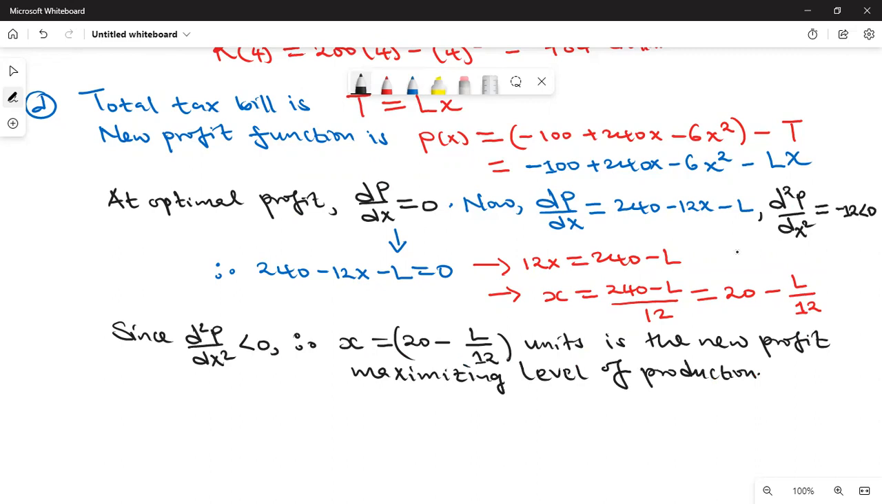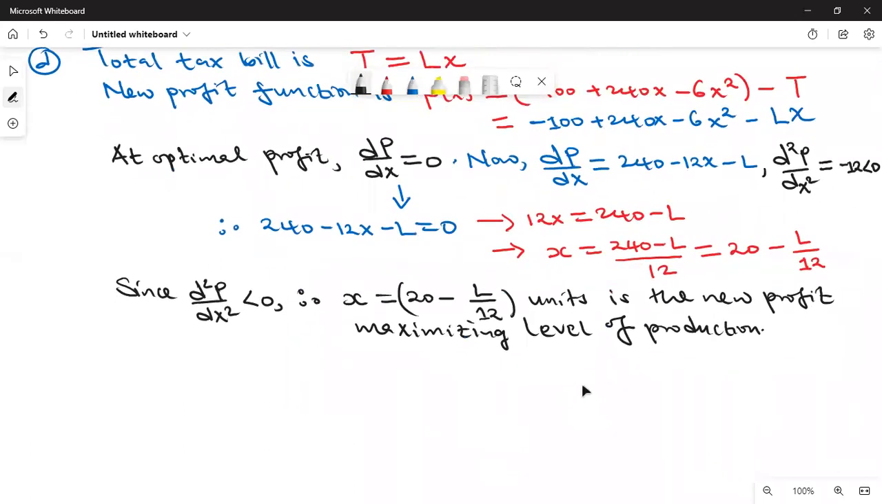So we have confirmed that. Now the government raises a total tax bill of how much? Now that we know x to be (20 minus L) over 12, what is our total tax bill, which was L times x? So you can just say, hence,